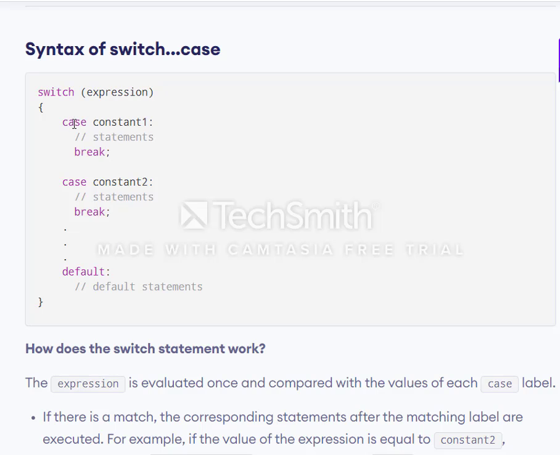If no case matches your expression, the default statement will be executed. So you have to maintain the default statement also in your switch case. This is a simple syntax for remembering the switch case. Switch is the keyword, followed by the expression, and cases based on the situation. Here I am writing case plus, case minus, based on the situation. If you enter any expression, like plus or minus or characters, the expression is based on your characters or anything. Just remember how the switch statement works.